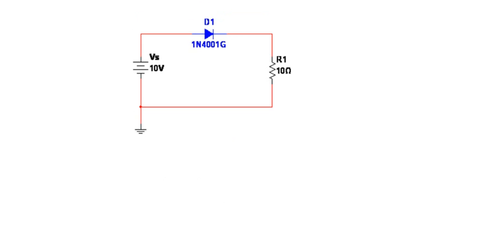Now, how would I find the voltages and currents in this circuit? Well, very much the same way as if the diode weren't there. There's one extra step we have to do for the diode. There are 3 tests we need to do to determine if the diode is forward biased or not. It has to meet 3 conditions. First of all,